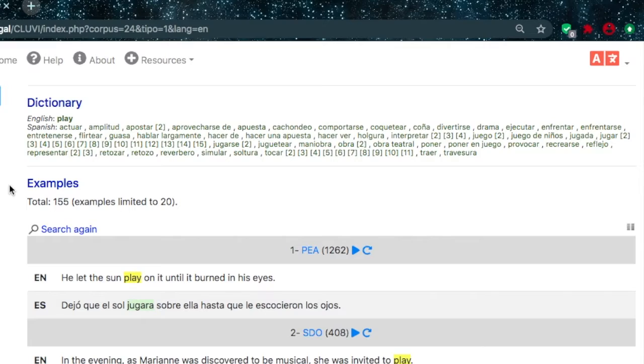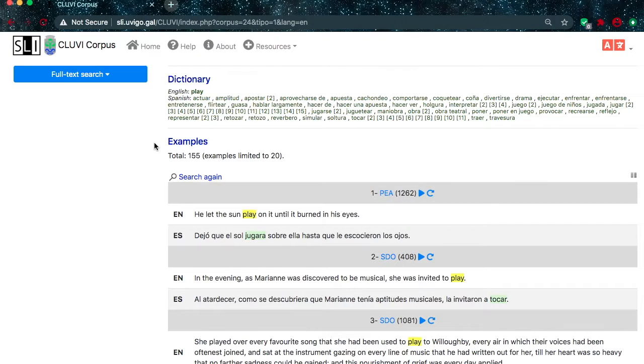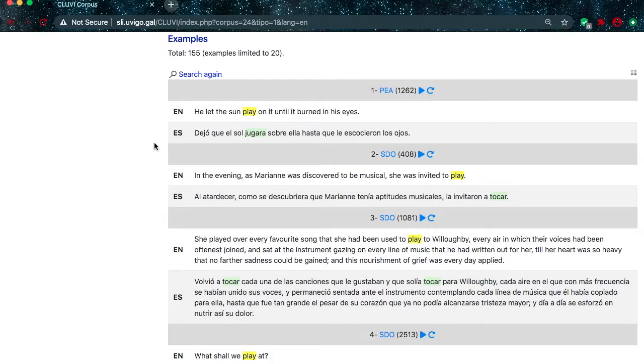The entries in Galnet only include lexical words, that is, nouns, verbs, adjectives, and adverbs. Therefore, a preposition or an article will not yield any lexical equivalents. For more on Galnet, see the Sensogal homepage, where you can find tutorials similar to this one. Returning to the search results page, we can see the lexical equivalents highlighted in green.